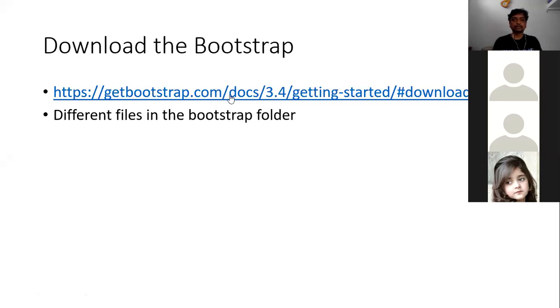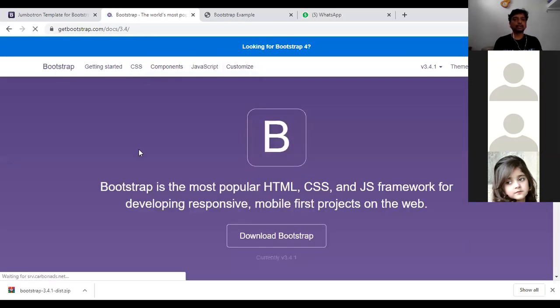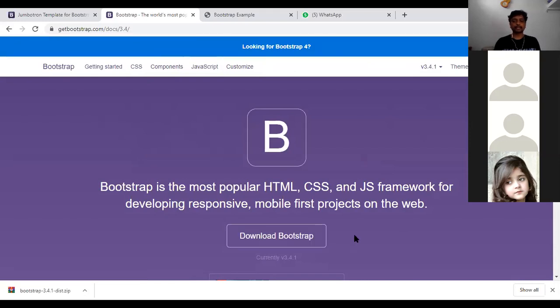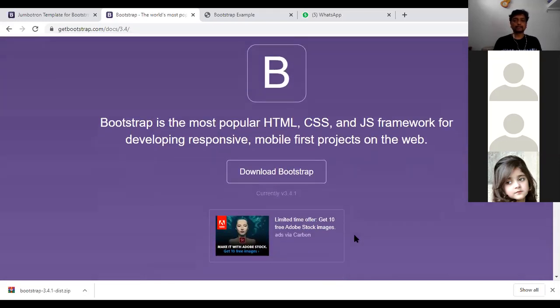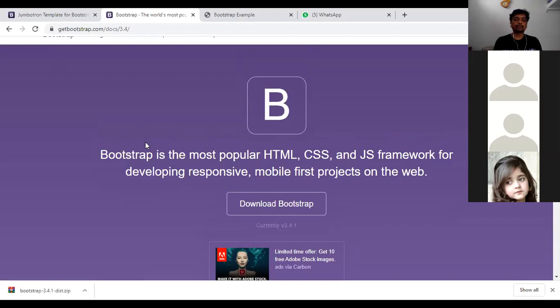As I showed in the previous screen, I will show you there itself. It is provided to get the Bootstrap download. See, this is the same website where we can download. So this is the screen that opens if you click on that link, and here you can download Bootstrap. Here you can see the link I am showing, and if you download it, it will show you